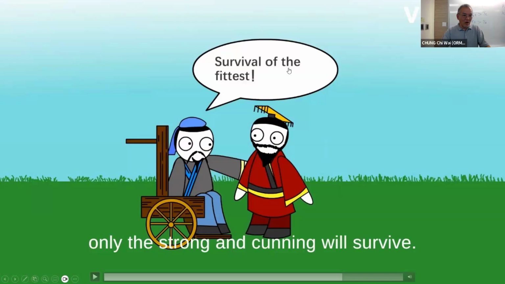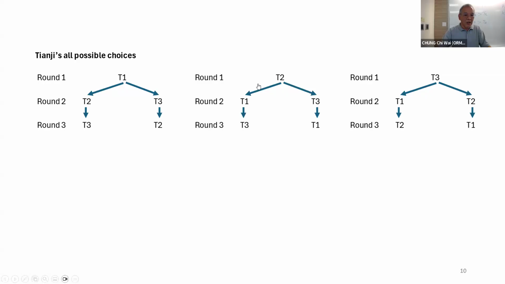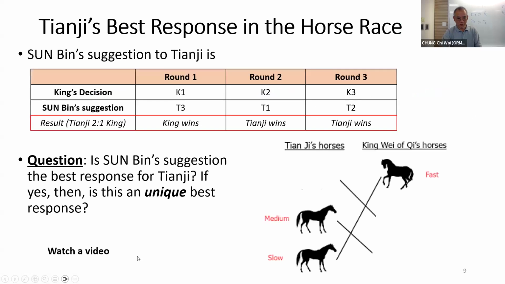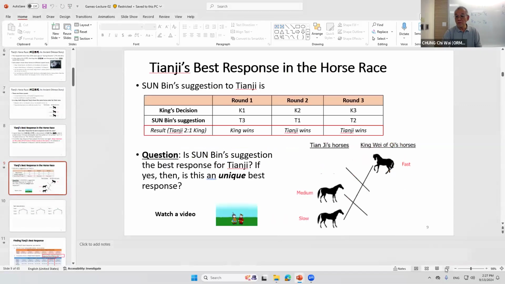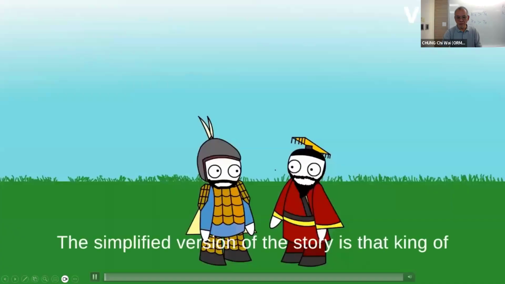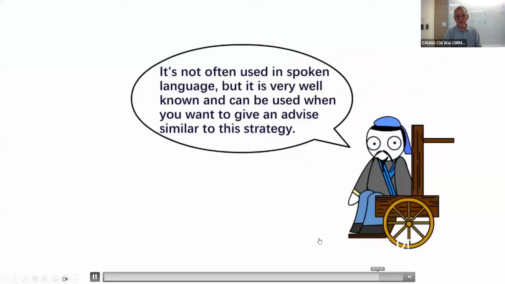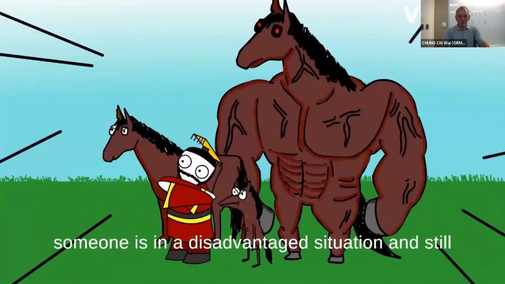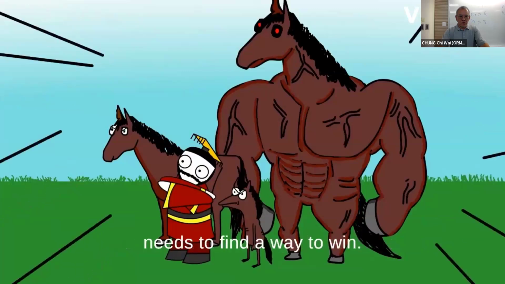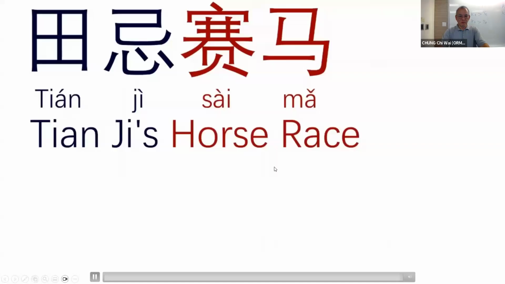Well, the survival of the fittest. The simplified version of the story: Tianji's horse race is used when you or someone is in a disadvantaged situation and still needs to find a way to win. And the pronunciation of this